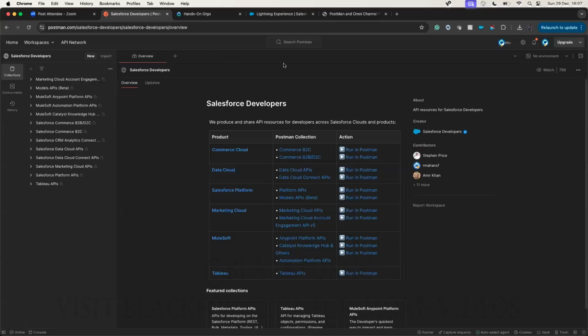So let's start with Postman. Let's start with Postman. So now, what is Postman? Postman is a tool that helps you to access web APIs. Okay. So it's not like Salesforce. Don't think Postman is like Salesforce. However, with Postman,